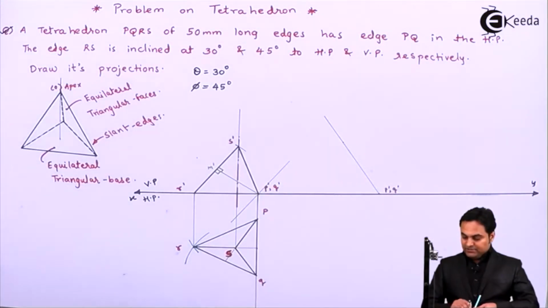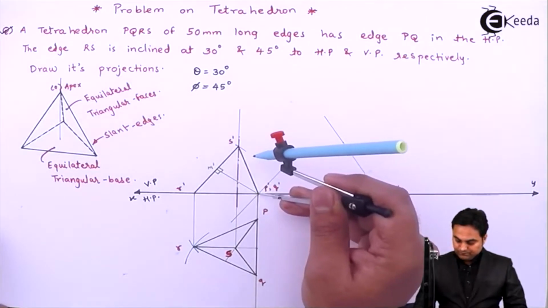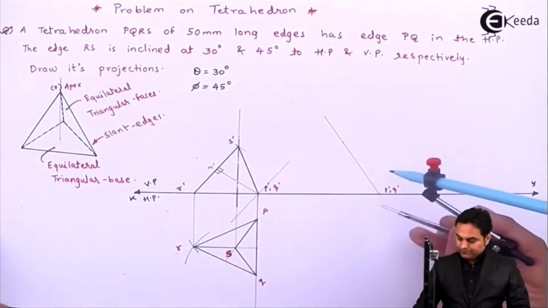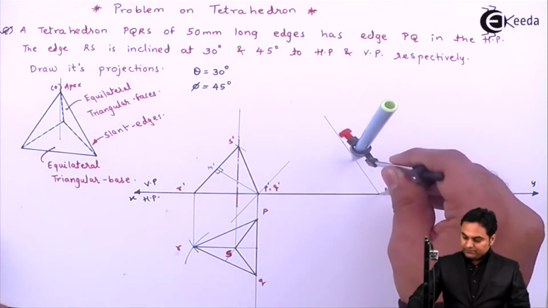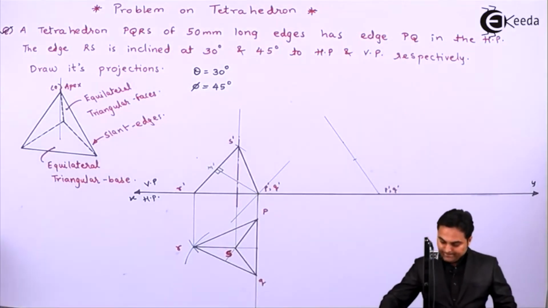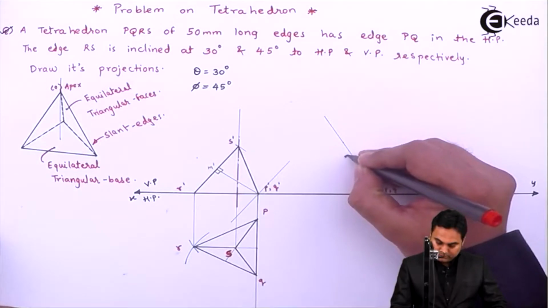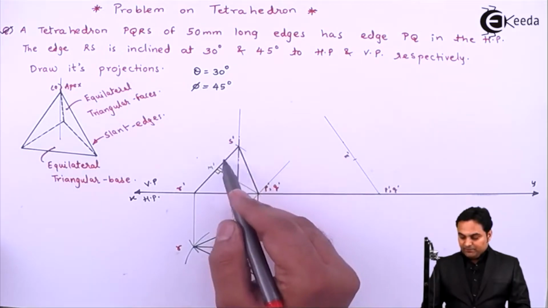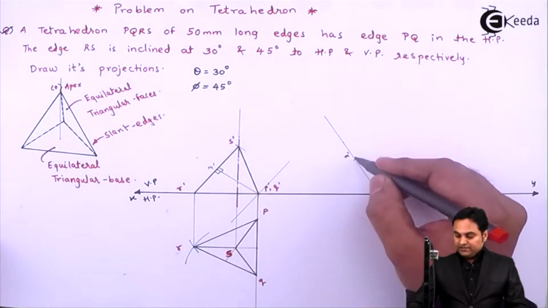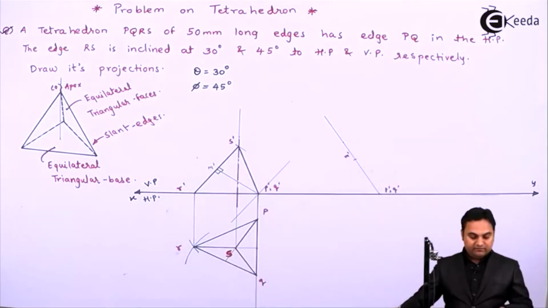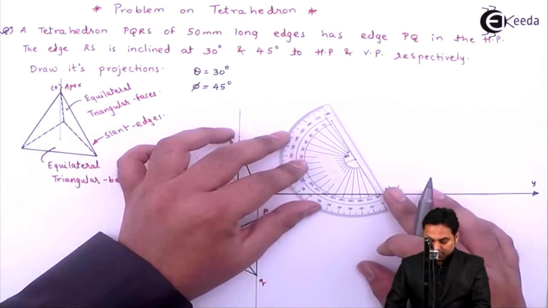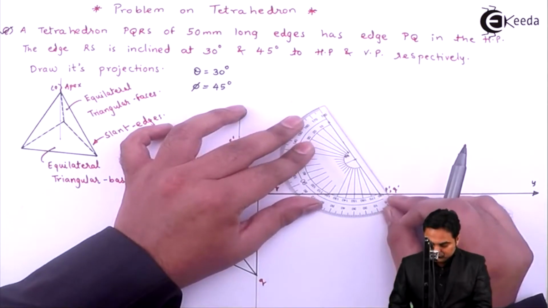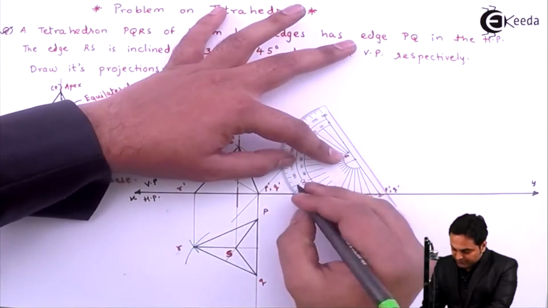Next, I'll measure the distance from P dash Q dash up to M dash, and then I'll mark it over here from P dash Q dash up to M dash. Now, if we see here, this line M dash P dash Q dash is perpendicular to RS. So if I draw this line, next I'll have to drop a perpendicular, then only I will get RS. So for that, keeping on this point which is M dash, I'll drop a 90-degree line.